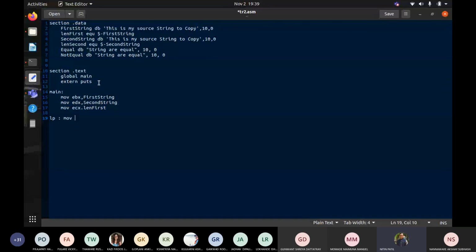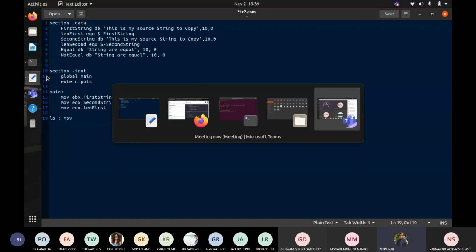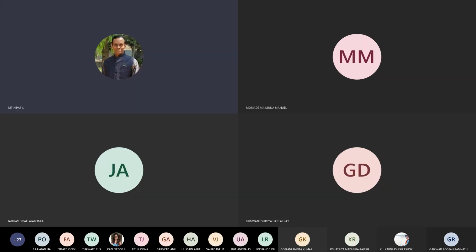Fine. Understood the thing? So we'll soon be having a programming task with simple instructions, which we earlier worked with. I will ask our teaching assistant, I hope she is there, to help you out. You can contact her if you have any query, and you can also contact me, so that we can resolve the queries if there are any.